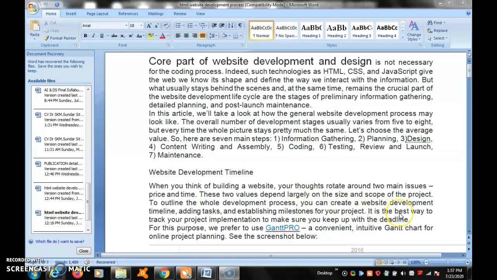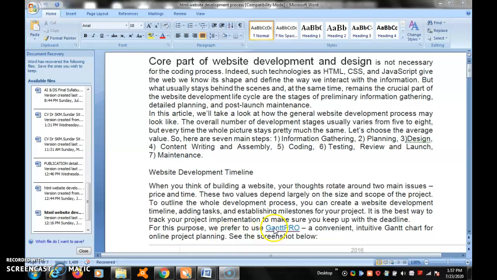You can create a website development timeline, listing tasks and establishing milestones for your project. It is the best way to track your project implementation and make sure you keep up with the deadline. For this approach, if the time increases, say the project duration is 6 months and it is extended up to 1 year, the price rate also will increase.